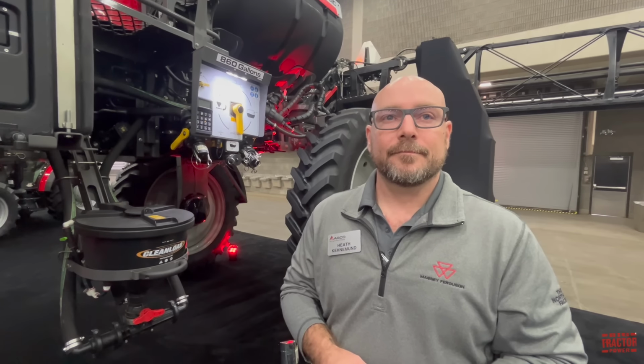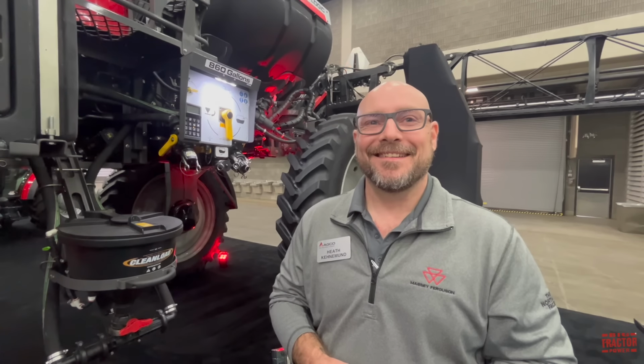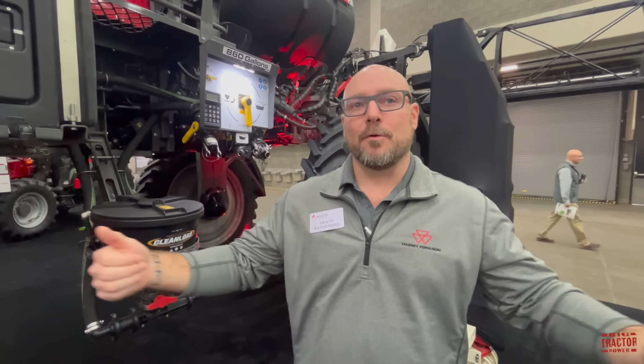Oh, that's very nice. And you also have kind of an image showing too how when you start out in the field, you don't have all that time to where there isn't as much chemical or too much chemical spraying out in those initial few feet going into the field. Exactly. So if you look at the typical wedged field that you either see a lot of kill or a lot of weed escape coming through because we're really concentrated or lightly concentrated in the center, conventional system slowly works that out. So you have about 100 feet that you'll see on a conventional spray system where it's not